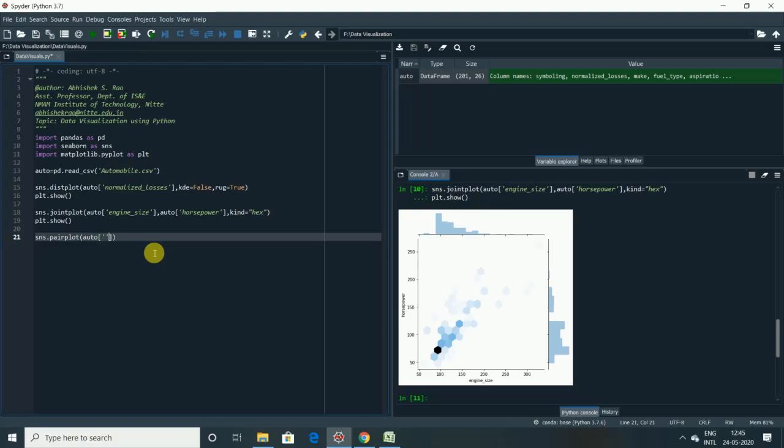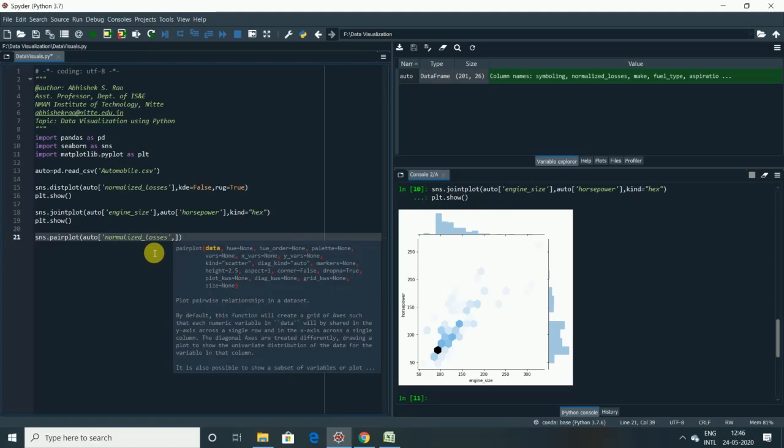We can take any variables. Here let me consider more than two features. First I will take, as usual, normalized underscore losses. The second one is maybe the engine size. I will take engine size.